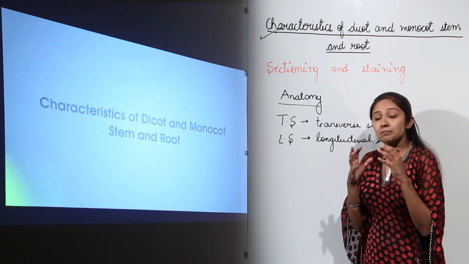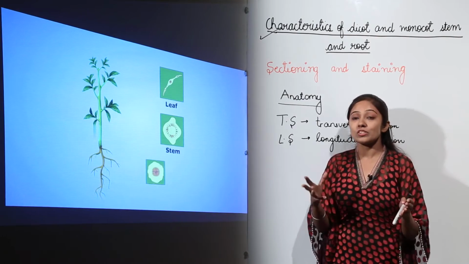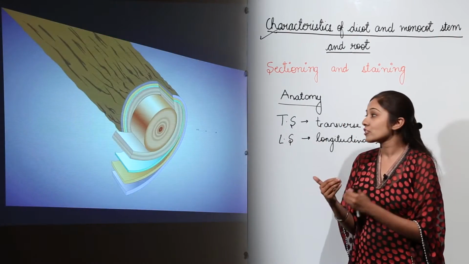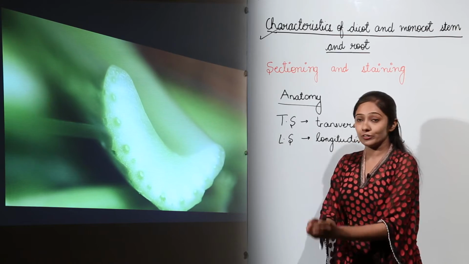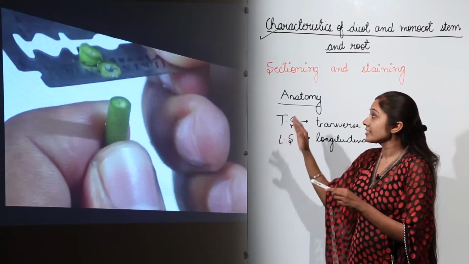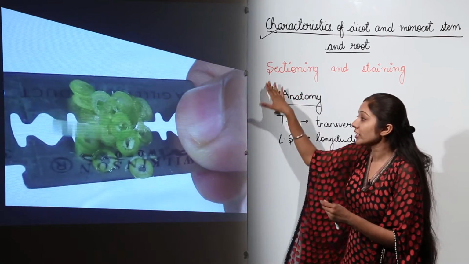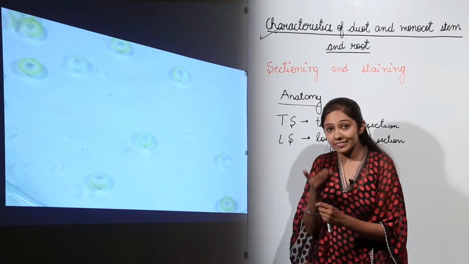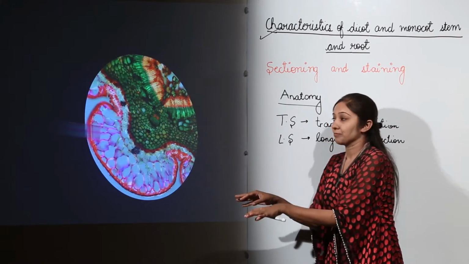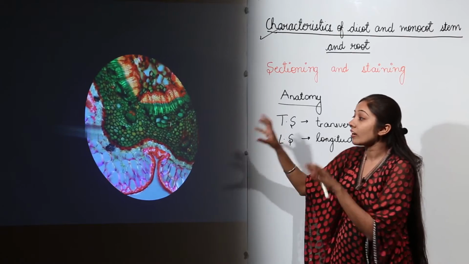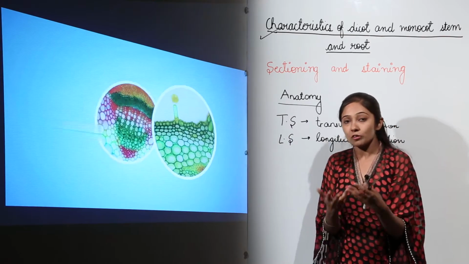As you all know, the plant body is made of different types of tissues, and here we are going to talk about the tissues that are there in the stem and in the root. They are designed differently, they are arranged differently, and this arrangement we are going to study. When we talk about sectioning, you need to have very thin sections, and you also need to stain them. So first sectioning and then staining. The section should be thin so that when you see it under the microscope, the light passes uniformly through the section. Then you need to stain it so that all the cells or tissues that are arranged are visible to you. Without stain, it will be very transparent and you will not be able to see it.